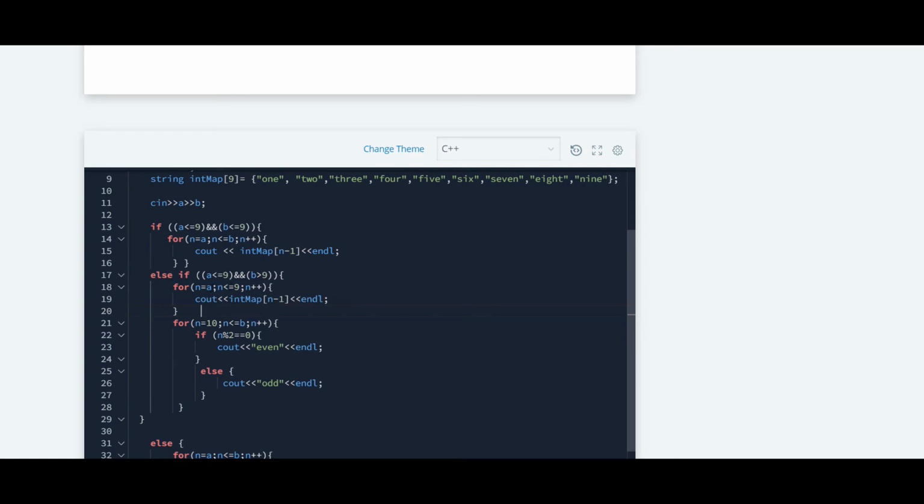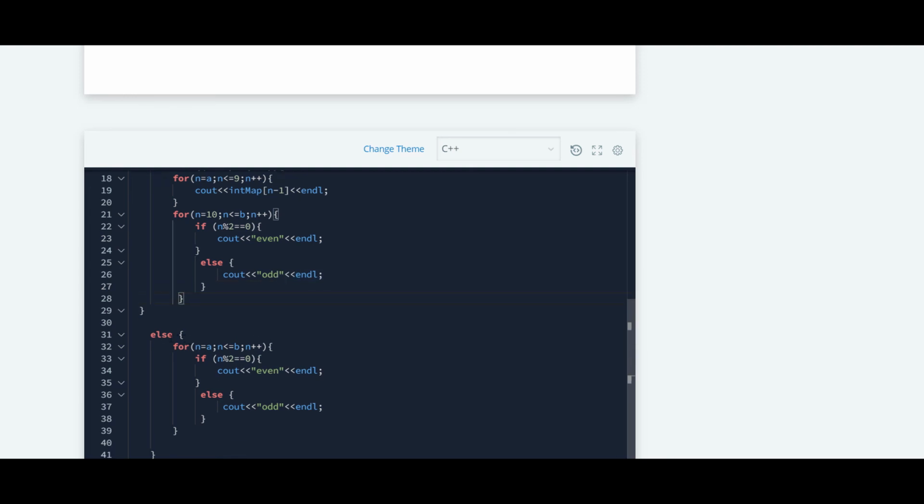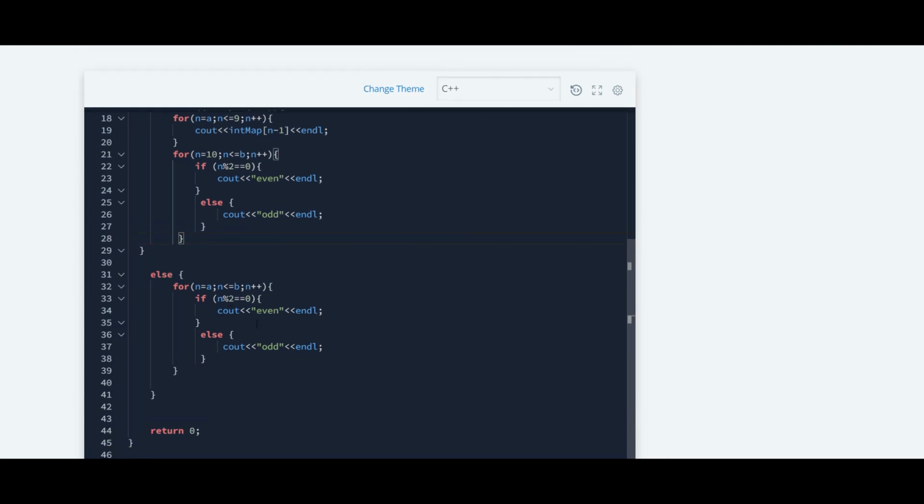Here in the for loop, the starting digit will be 8, and from 8 to 9 we are going to print the lowercase English representation, and thereafter we are going to check for 10 onwards, 10 and 11. If they are even, we print even, and if they are odd, we print odd.